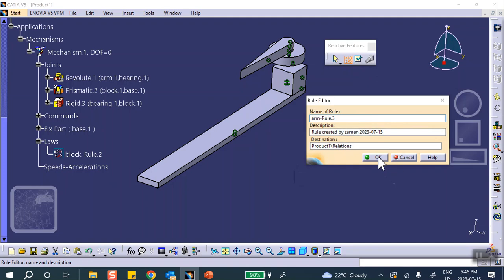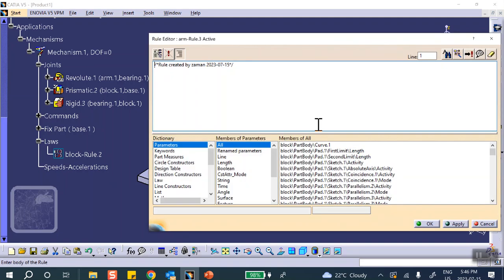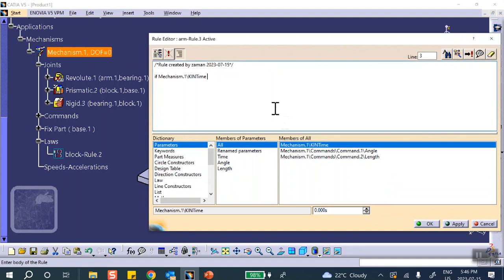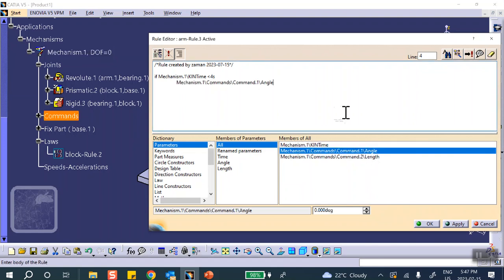Arm. Say okay. And I do exactly the same thing except that it goes for the angles. So if, unfortunately, there is no copy and paste, so I have no choice but to do it like this. So click on the mechanism. There's the time. If the time is less than 4 seconds, enter. Here's the angle. Angle equal to,